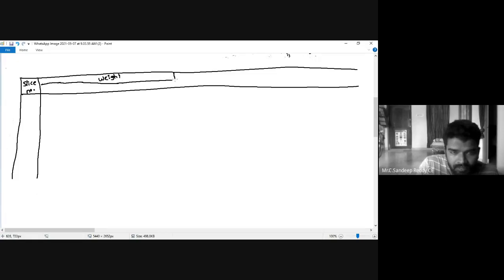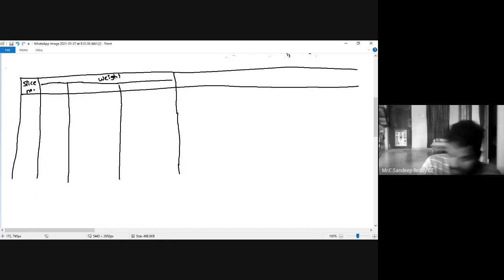To find out the weight, we have three components. First, what is the width, what is the unit weight, and what is the height of the soil slope of each slice. There are three categories to consider. First, you have to consider the ordinate. Ordinate means the height of the soil slope for the first slice. Then you have to consider the width. Then you have to consider the volume.